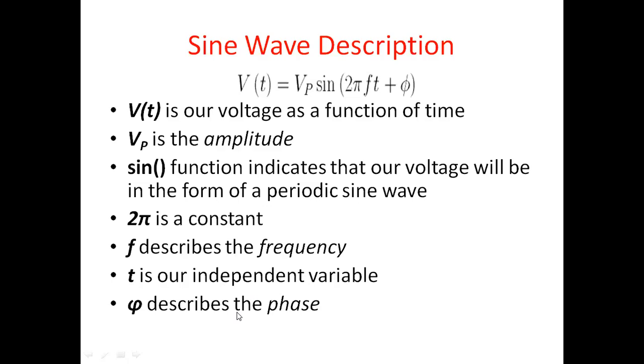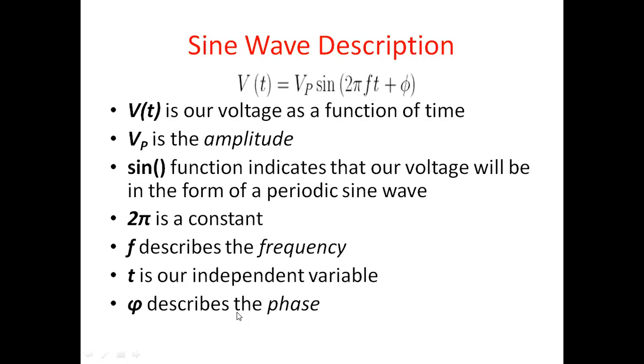Phase is a measure of how shifted the waveform is with respect to time. It is often given as a number between 0 and 360, and it is measured in degrees. Because of the periodic nature of the sine wave, if the waveform is shifted by 360 degrees, it means the same waveform again as if it was shifted by 0 degrees. For simplicity, we are assuming the phase is 0 degrees.